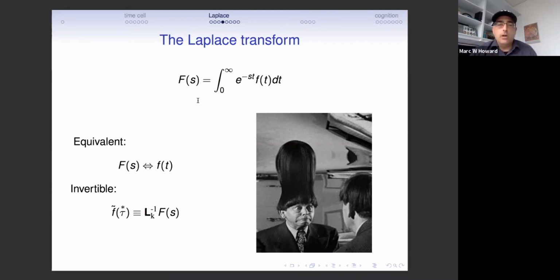And we can know, much like a distorted mirror carries information about the image, but need not look exactly like the image. That's my excuse for showing you a picture of Moe Howard. In addition, we know how to invert the Laplace transform, so we can imagine a different set of cells constructed by an attempt to invert the Laplace transform, and then it turns out they would look like time cells, right? So the idea is that time cells behave like an attempt to invert the Laplace transform, and that there's this other population that codes for the transform.